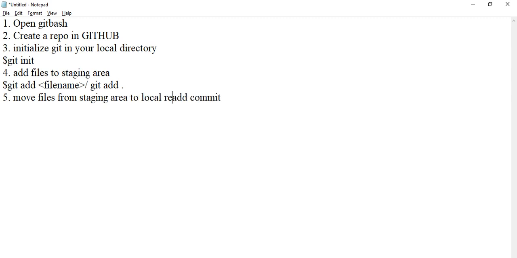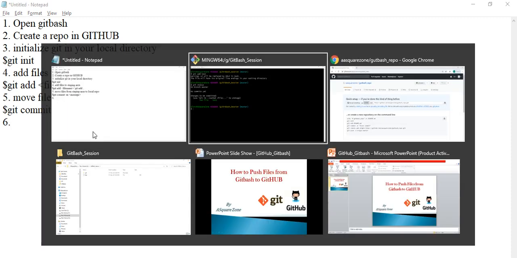We can call it as index also. So here, this is the command git add. Git commit -m followed by message. This is the command we need to execute now.